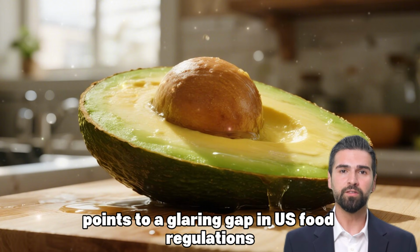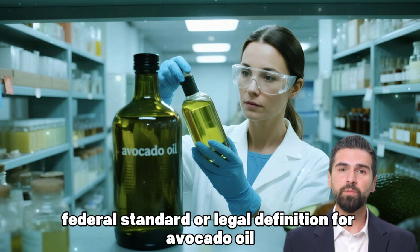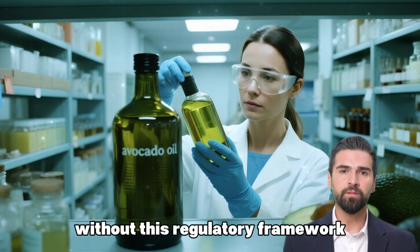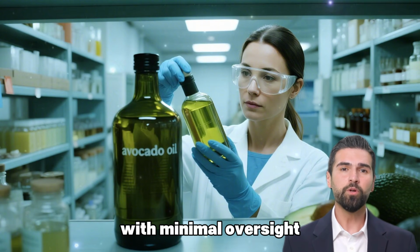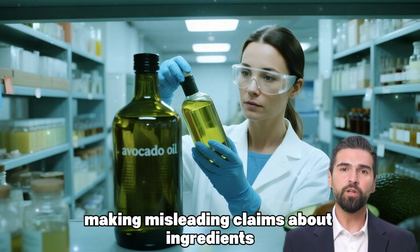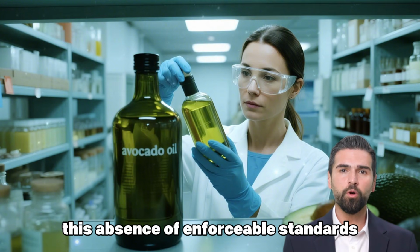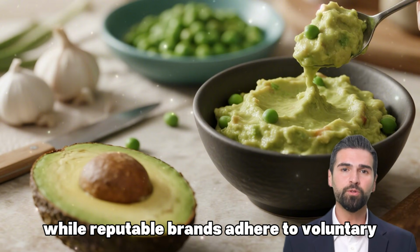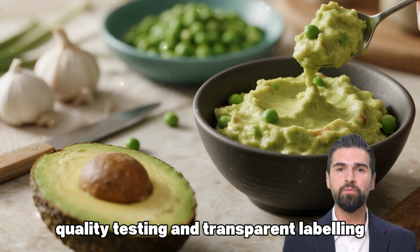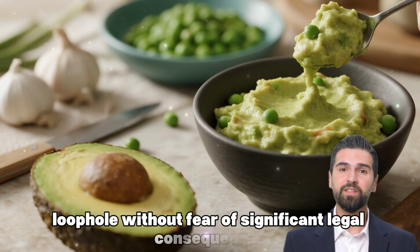Dr. Reed points to a glaring gap in U.S. food regulations. At present, there is no official federal standard or legal definition for avocado oil. Without this regulatory framework, producers and importers can label products with minimal oversight, making misleading claims about ingredients, purity, and even country of origin. This absence of enforceable standards leaves consumers vulnerable. While reputable brands adhere to voluntary quality testing and transparent labeling, less scrupulous companies can exploit the loophole without fear